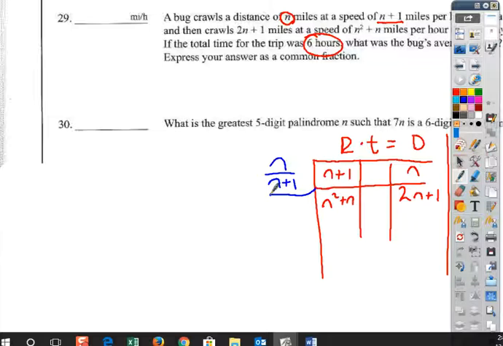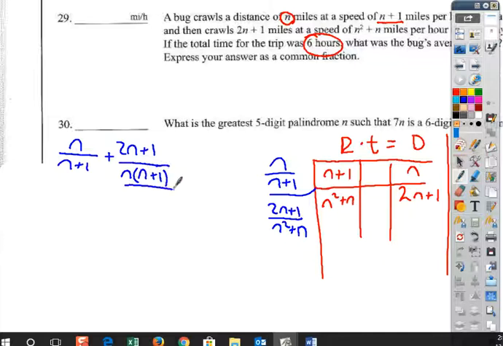And on my second day, we know that 2n plus 1 over n squared plus n describes my time for the second day. And I have a sum of 6 hours, which means n over n plus 1 plus 2n plus 1 over n times n plus 1, I'll talk about this in a second,